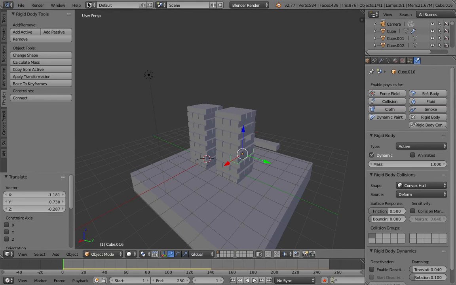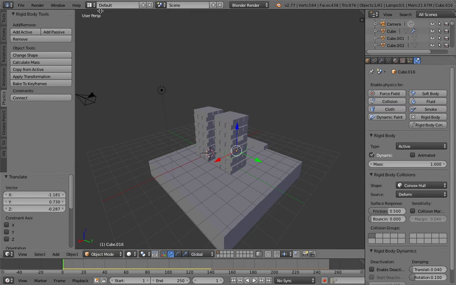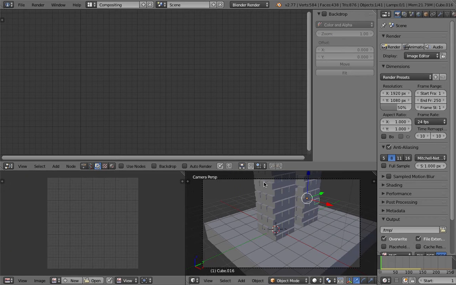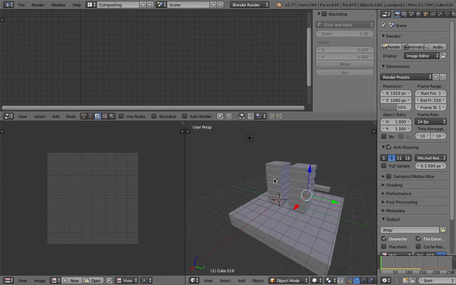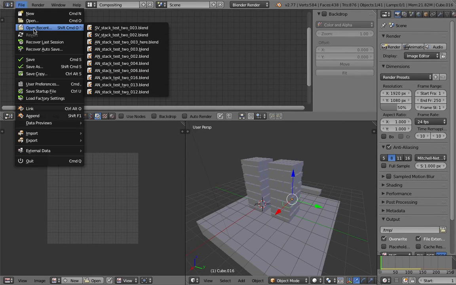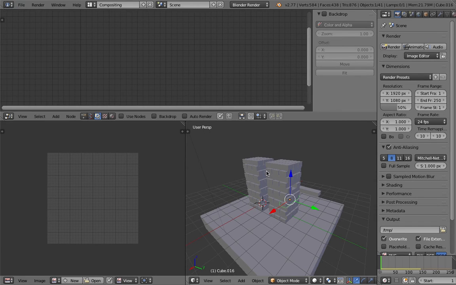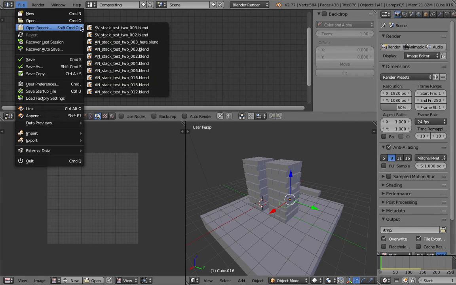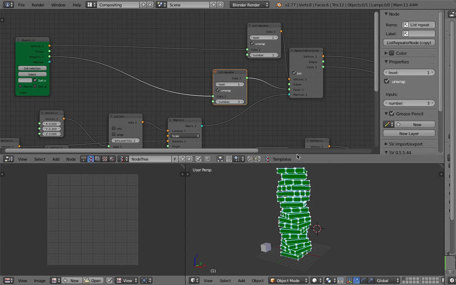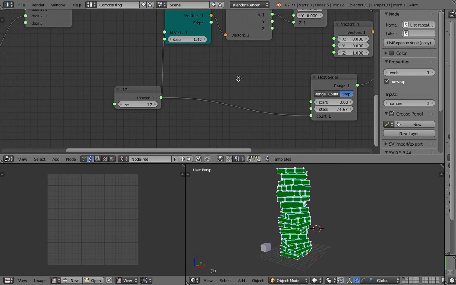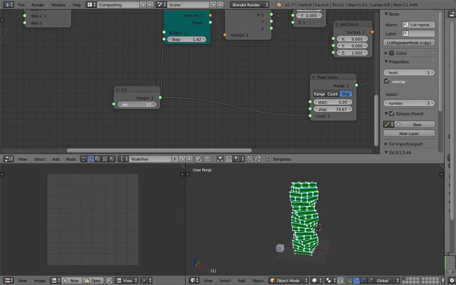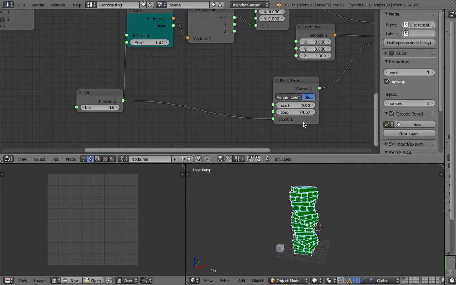If you're doing it using Animation Nodes or Sverchok, I already prepared a finished version, because it might take too long if I have to do it from scratch. I have 3 different methods. I start with the Sverchok one, Sverchok stack. Okay, so that's what I have. I think this should be 90. So with Sverchok,